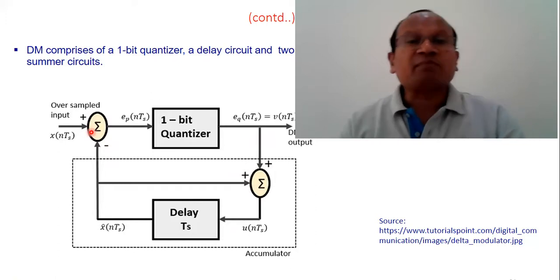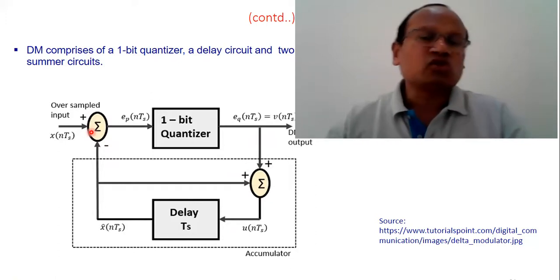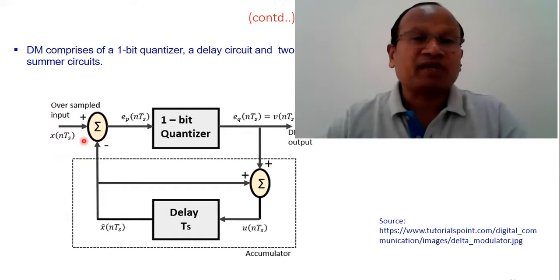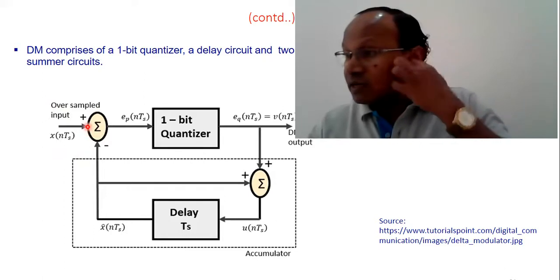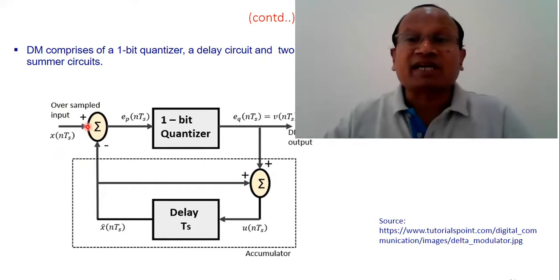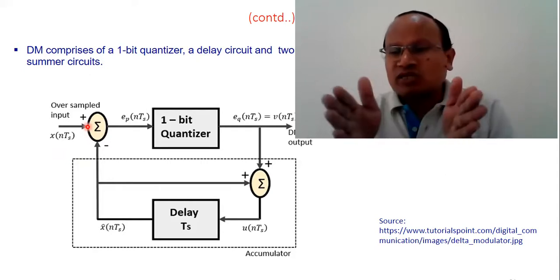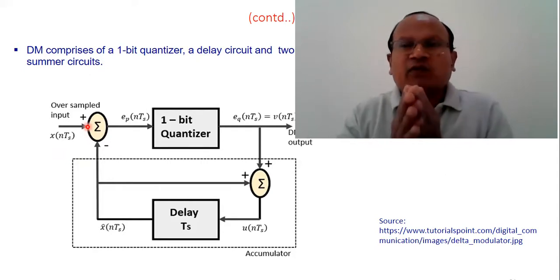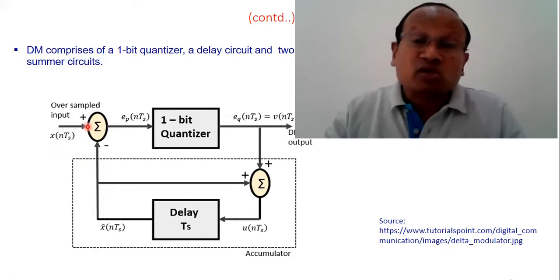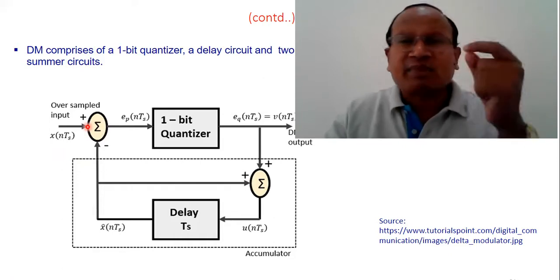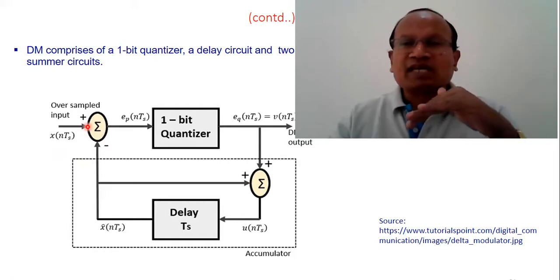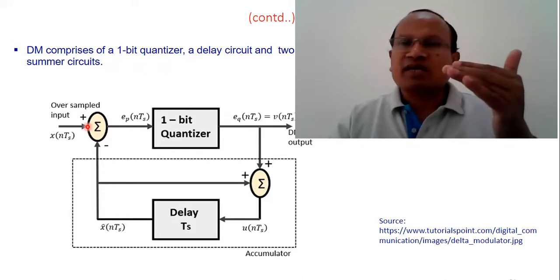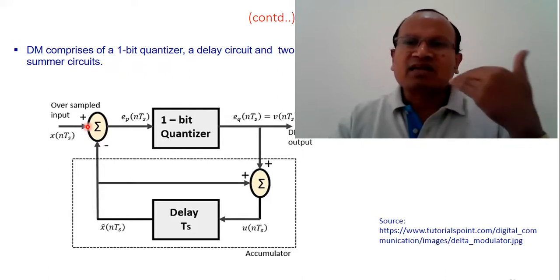delta modulation. So what is important here in this diagram? Two to three things are important. Number 1, the data is sample data like others, but data here is oversample data. Oversample data means the sampling rate is so high that the samples are very close, the interval is very close, and therefore the samples have much correlation among them. So whatever is the small difference is encoded into 1 bit, either +1 or -1, and accordingly +1 may be encoded as 1 and -1 may be encoded as 0.